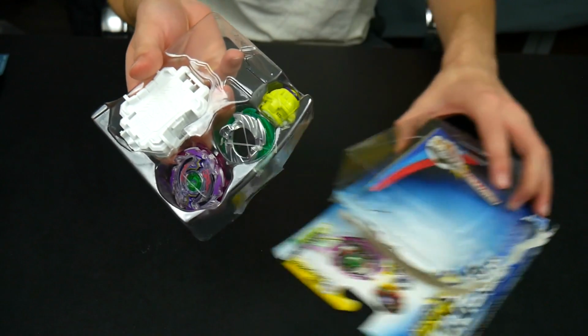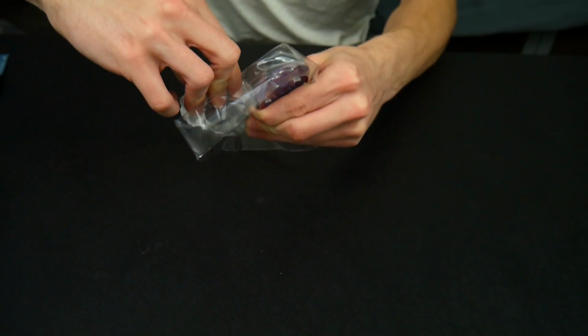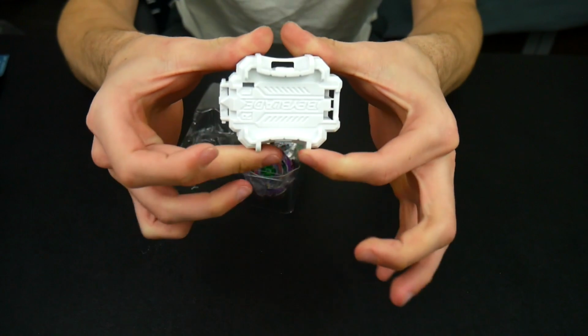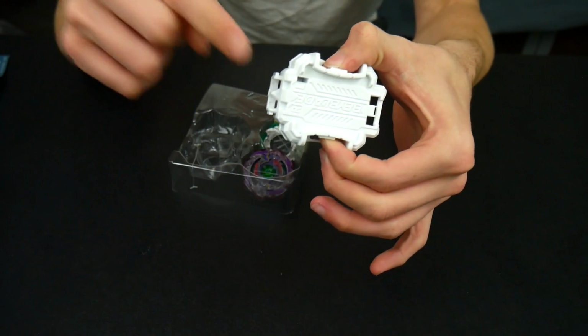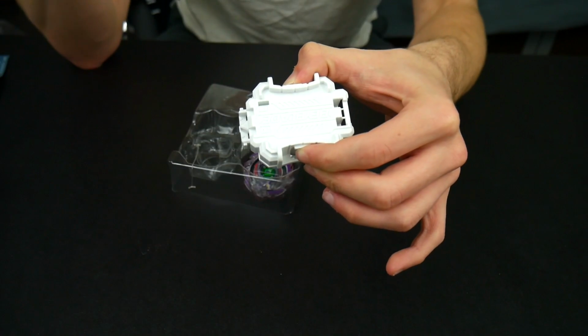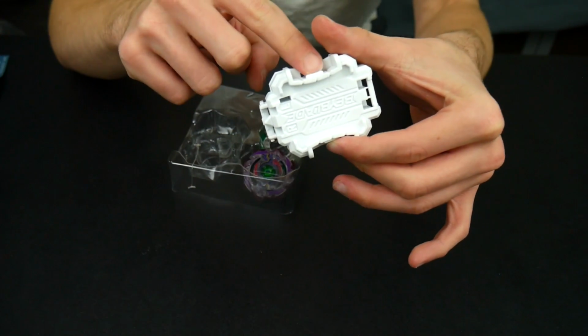Alright, now we get this. Let's take the box out of the way. Let's look at the launcher. Now we have the new launcher. What's epic about these new launchers, guys, is that it's both left and right spin. So you can use this for Nightmare Longinus or Nightmare Luinor, whatever its name is when it comes out, for Luinor L2,